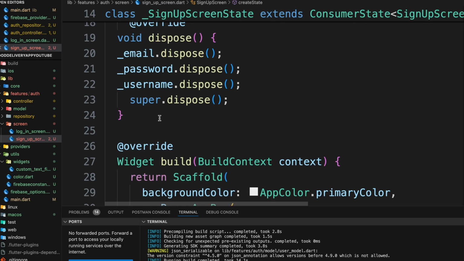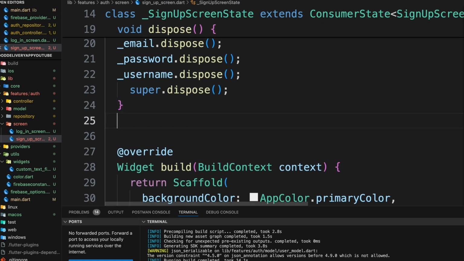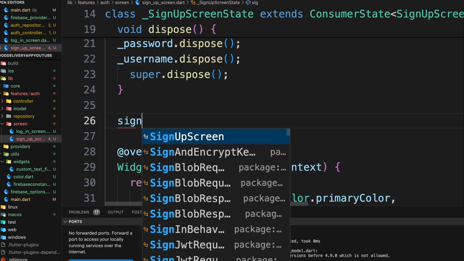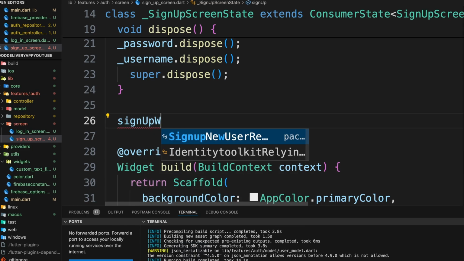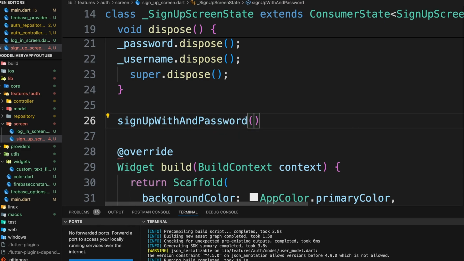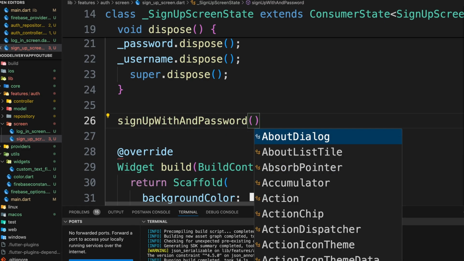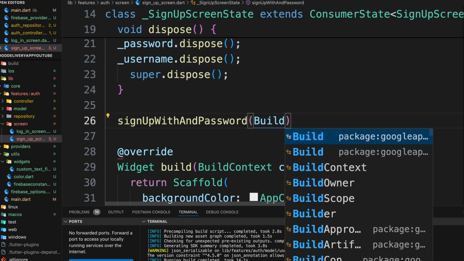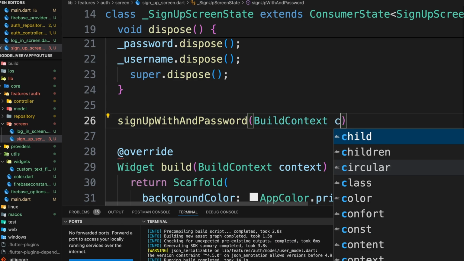Now we need to create a method, sign up with email and password. This one is going to take in build context,